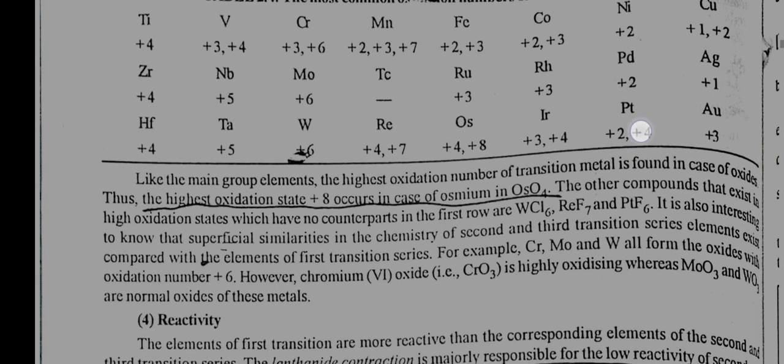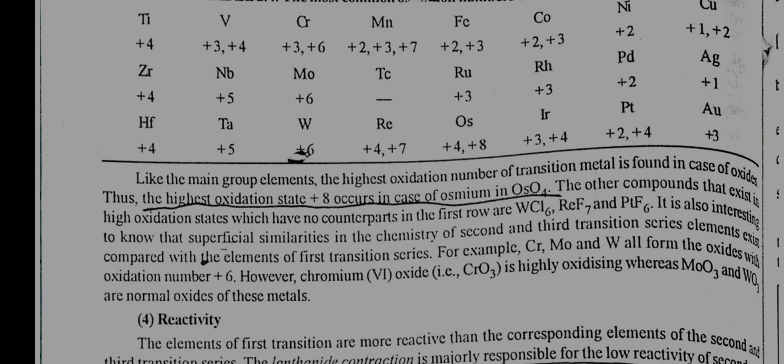Like the main group elements, the highest oxidation state of transition metal is found in case of oxide. Thus, the highest oxidation state +8 occurs in case of osmium in OsO4. The other compounds that exist in high oxidation state which have no counterparts in the first row are WCl6,